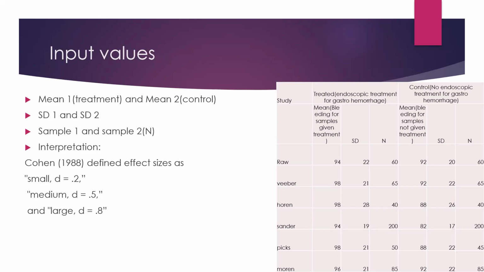Okay, so these are the formulas. If you want to see Borenstein, you can go further and see. And finally, through the Meta-Essential sheet, I'm going to go there. You calculate the same thing. If you go to the forest plot, all of you will see a consolidated effect size, combined effect size, reported over there also in the same exact row and column as it was in the correlation sheet. But the interpretation of Cohen's d is a little different from Cohen's r.